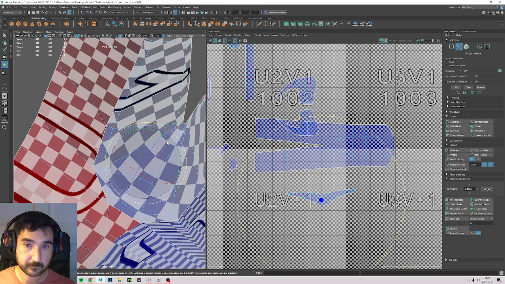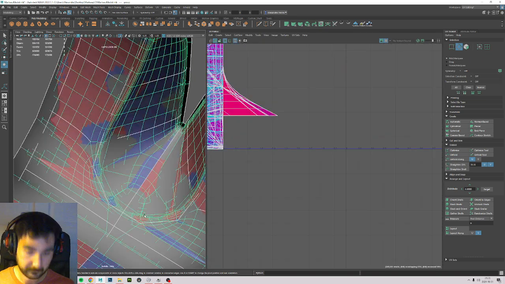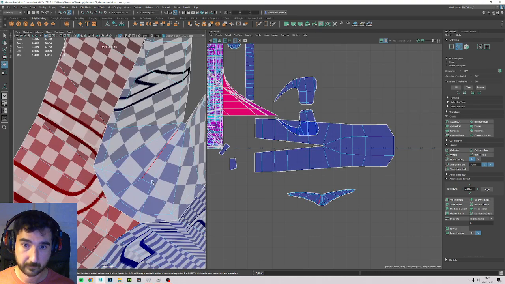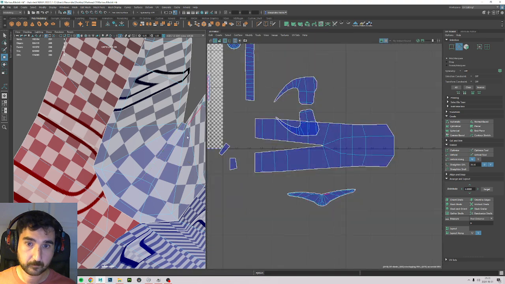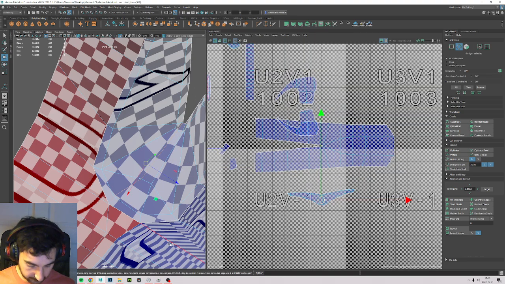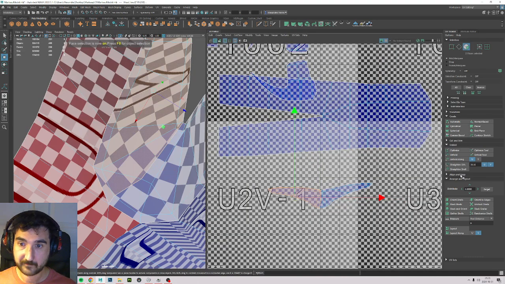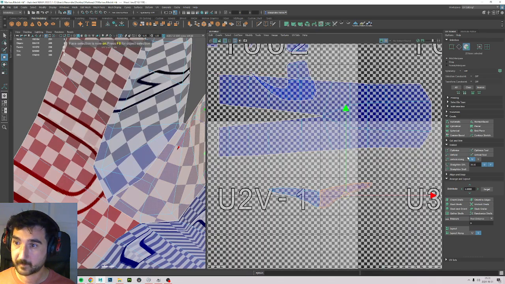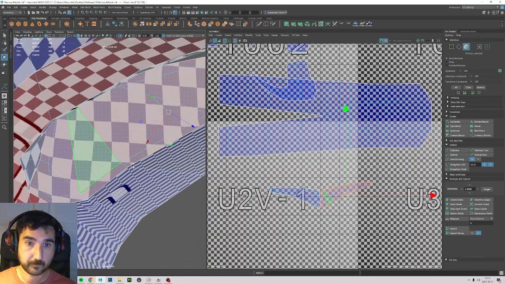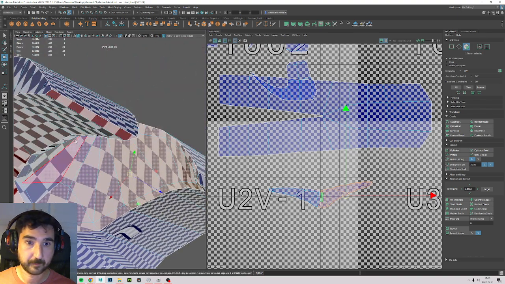So for example, I could break it from here to here. I double clicked on the edge loop, and I press Control V. So I will double click onto here and Control B. So now if I unfold it, you will get rid of the stretching. So the squares will be a lot more